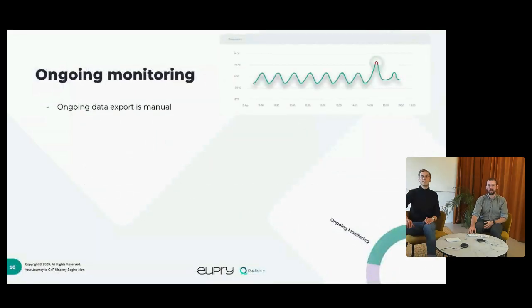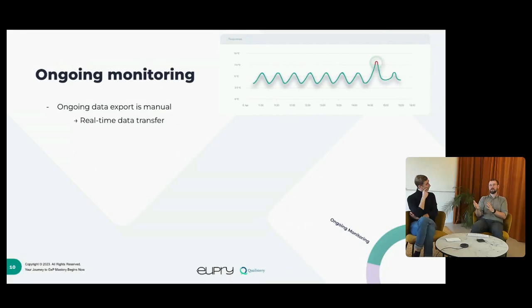Yes. So the next step, after validation in terms of thermal compliance, is ongoing monitoring. First of all, one of the pitfalls we see is that ongoing data export is manual. I would say in most cases, this is something we see less and less of. There are very few systems left that we replace where the alternative was any sort of manual data export, but we still see it, and that's why we brought it up here. This is really a major time